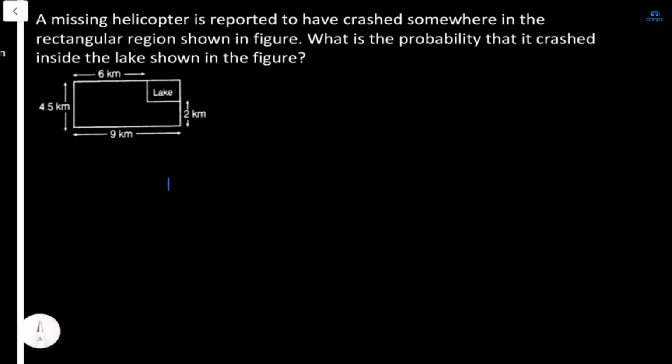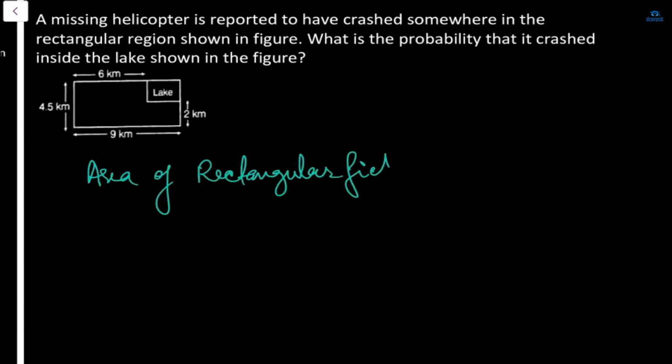in that small lake? So what we are going to do, first of all, we have to find out the area of both the regions. Area of the rectangular field. If you are finding out the area, what will be the area of the rectangular field? It is length into breadth. Yes, so we are going to find out the area of this rectangular field, that is length into